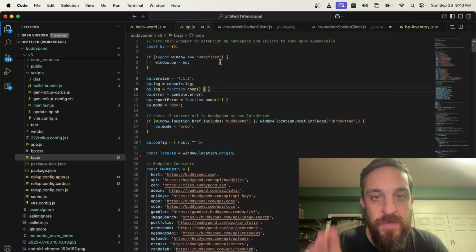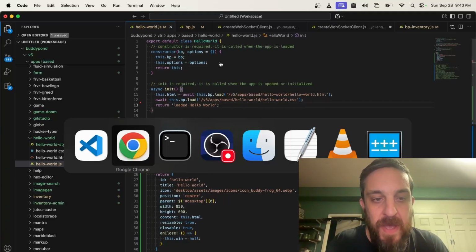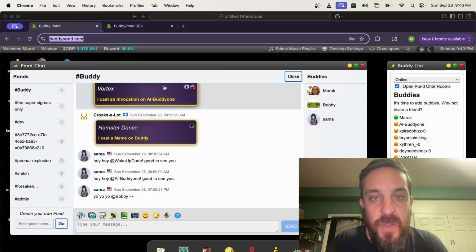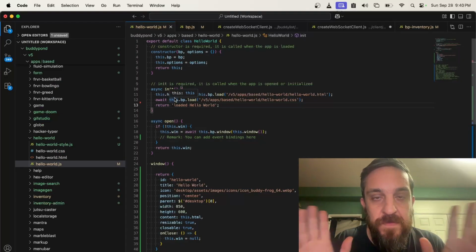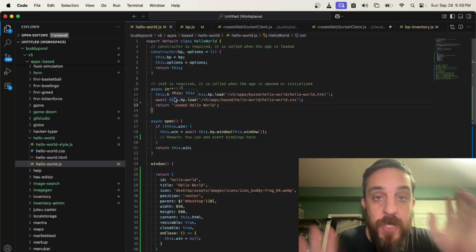So the way this works for each of the 117 apps is that the app can be independently loaded into the system on demand, dynamically. So when we load the Buddy Pond homepage, this whole homepage can load in less than 1 megabyte of code, including assets and all the images. It's less than 1 megabyte. We could even further optimize that. It's not necessary. This is achieved through the very small core bp.js file, and then each of the 117 apps